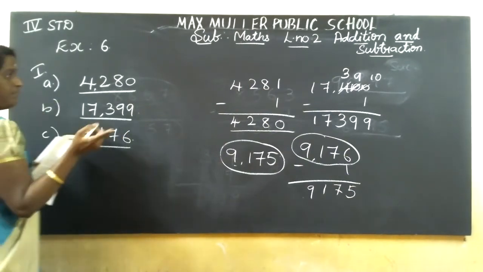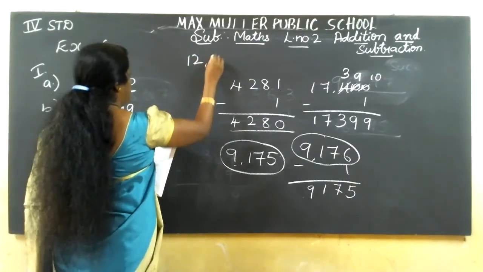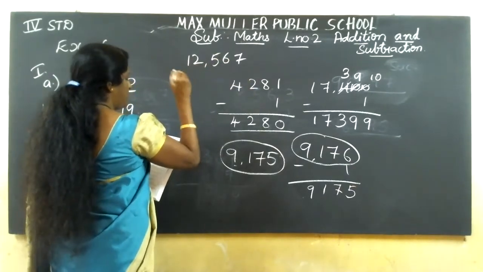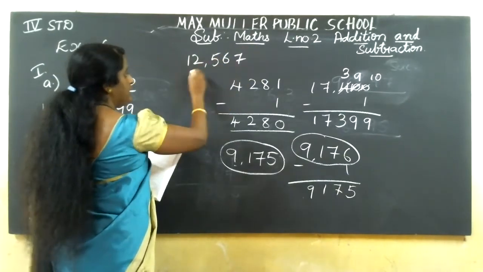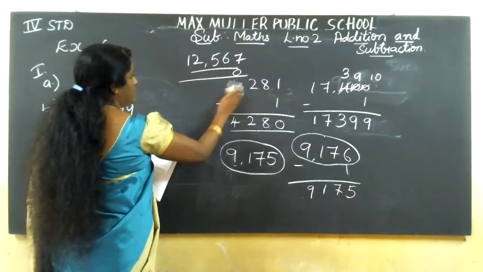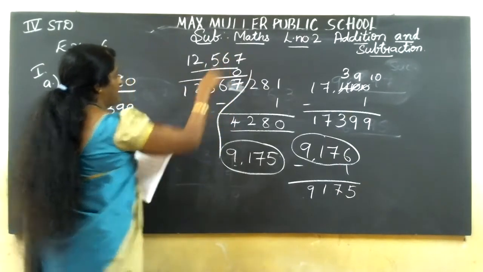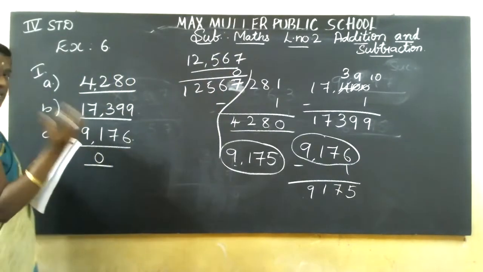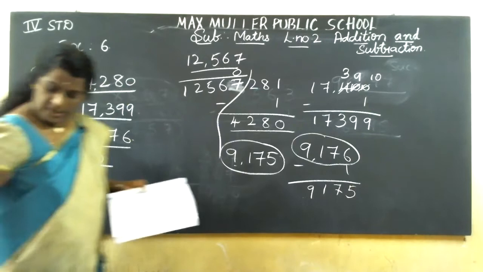If your answer is the same, what I told that time, see, 12,567. Your answer is also equal. In the question, 12,567 minus dash equals this answer only came. So what should we do? If you minus 0, this will come 7, 6, 5, 2, 1. So we got the same answer. So we should minus by 0 if you want the answer the same as the question. Okay.